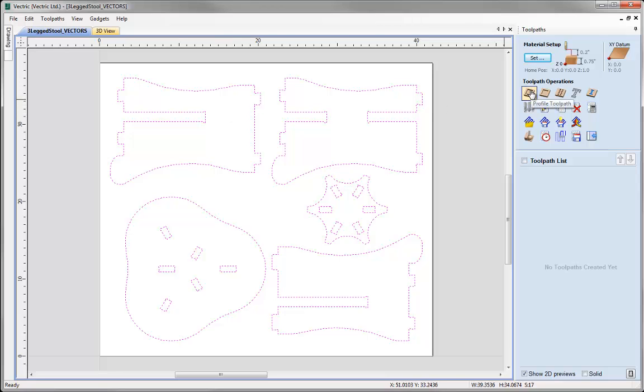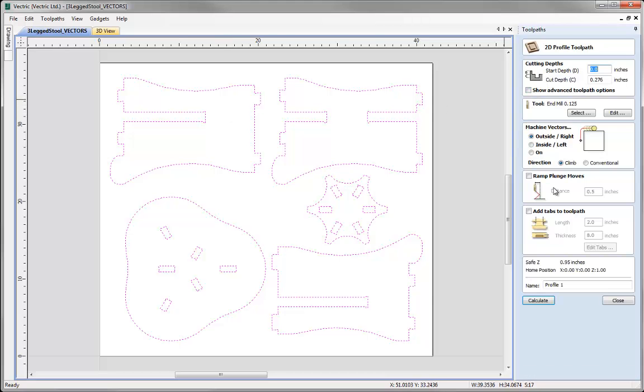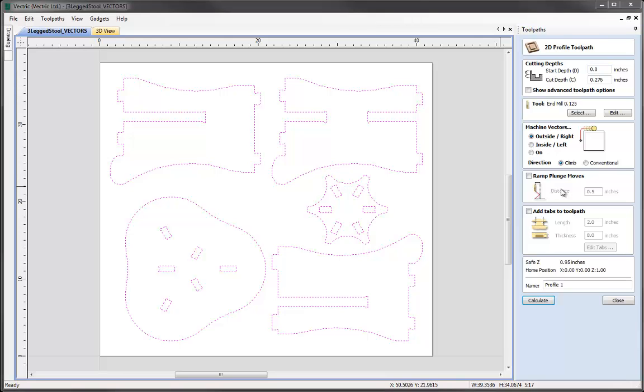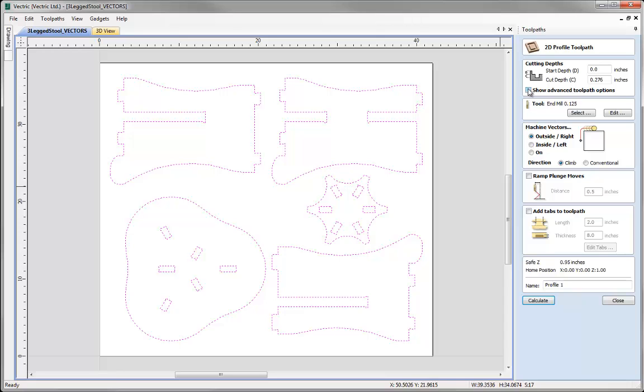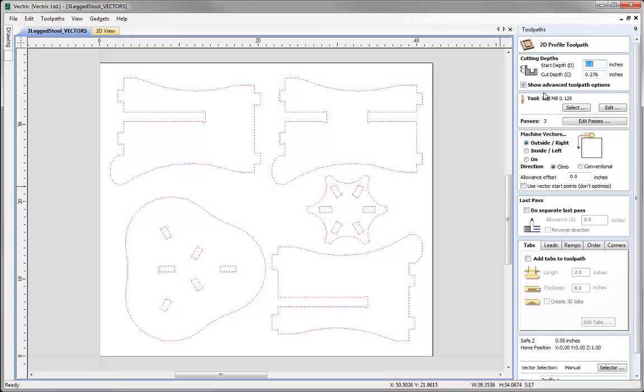Now I'm going to come over and click on the Profile Toolpath icon. At the moment we have the short version of the form showing, and that's because we don't have this box checked here. When we check that, it will show advanced toolpath options. So if we do that now, you can see we get a longer version of the form that has more options on it, and we will need some of these options in this